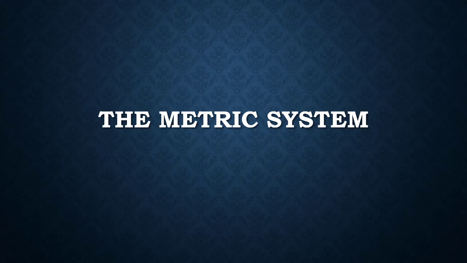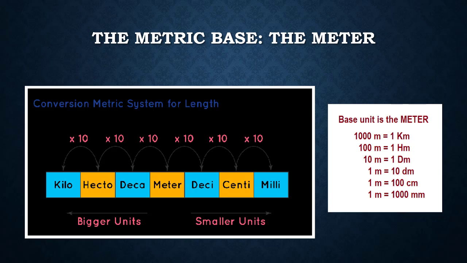In this video, I will explain the metric system. The base for the metric system is the meter, and it is subdivided in multiples of 10. 10 decimeters fit in a meter, 100 centimeters fit in a meter, and 1,000 millimeters fit in a meter. Same way we can go the opposite direction, with the highest here being a kilometer, and that means that it's